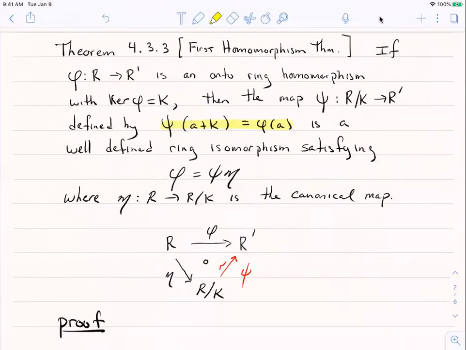We know it's an additive group homomorphism. If you just look at this theorem and forget that R is a ring, and only remember that it's an abelian group, everything I'm highlighting is true. It's a 1 to 1 onto group homomorphism. So the only thing we need to show